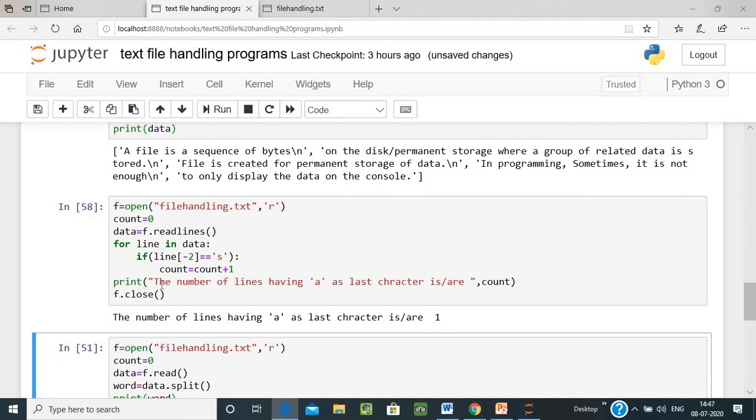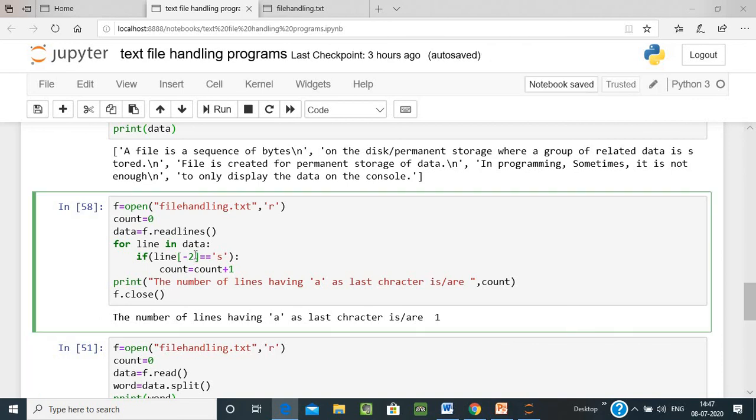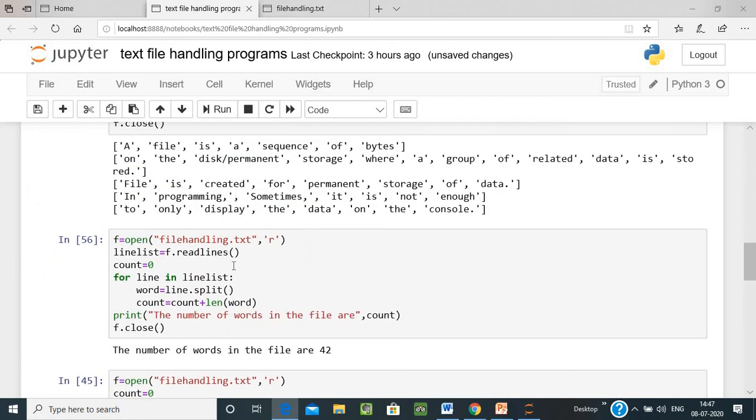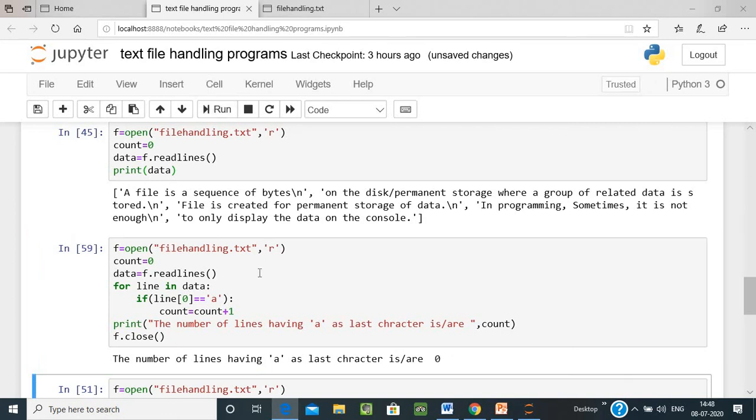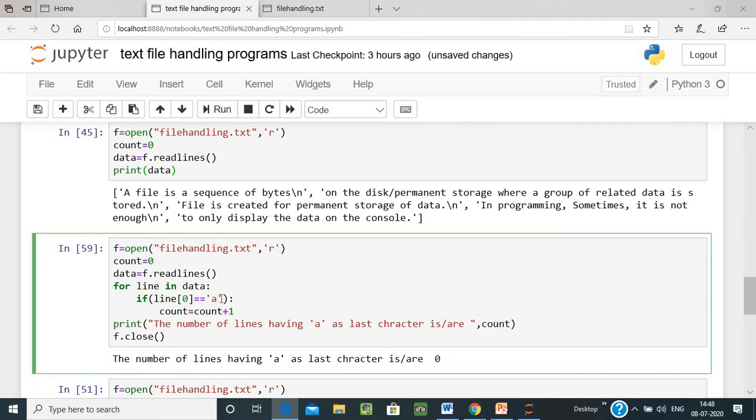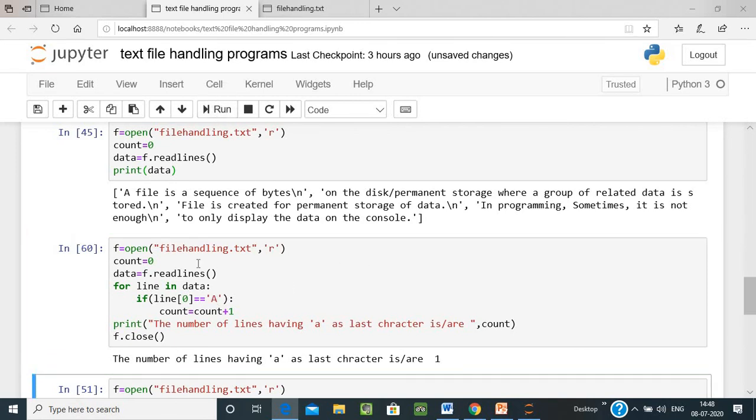This is a simple program, or you can also count the number of lines starting with 'A'. See how many lines? 0 lines. See first, capital A, 1.